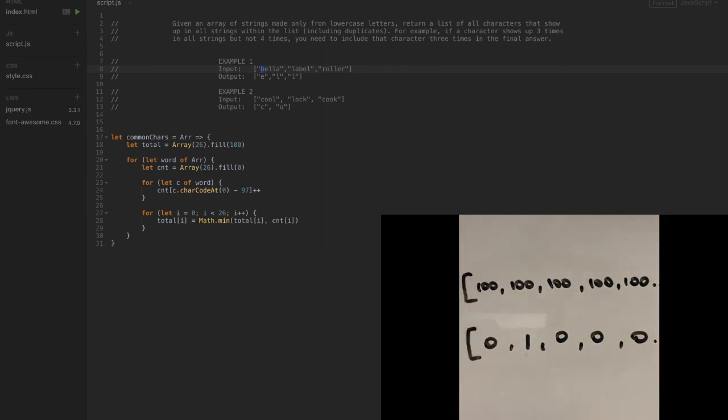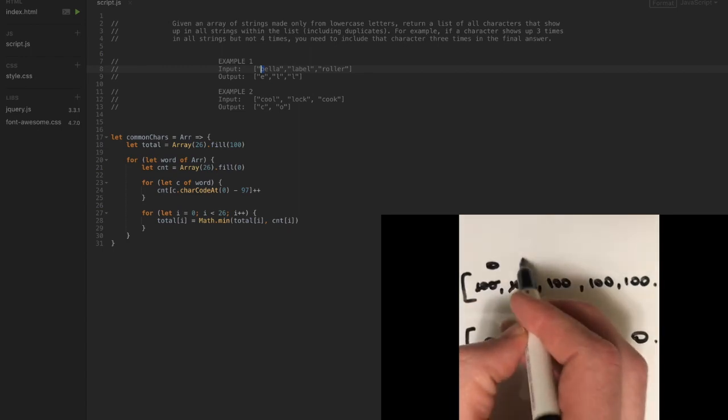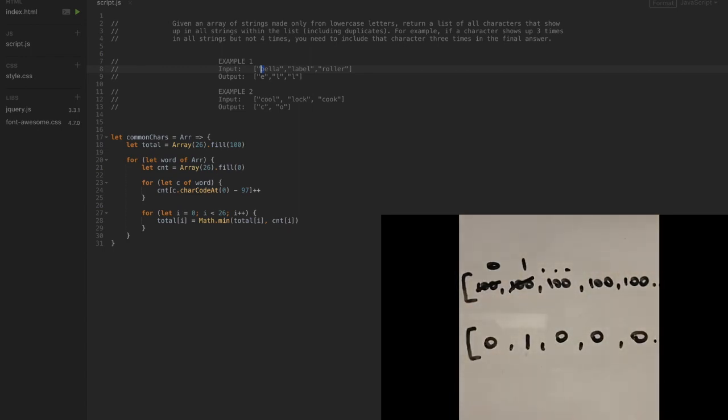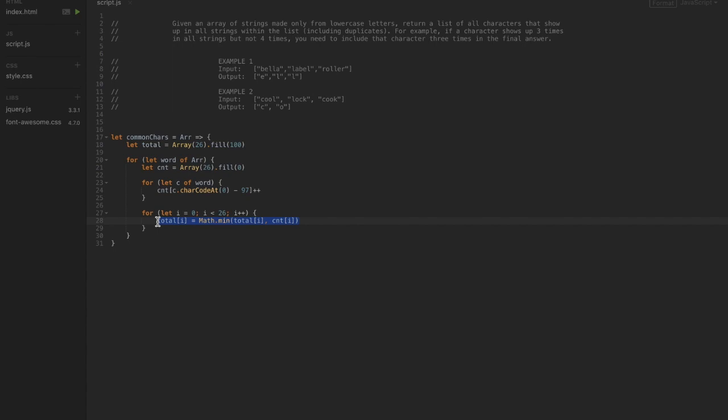We then compare each slot in this temporary array to our master array. So this gets set to 0, this gets set to 1, on and on and on. And so that's what we're doing with this math.min. We're taking the lower amount between the matching positions. And then at that point, after we've done this for each word,